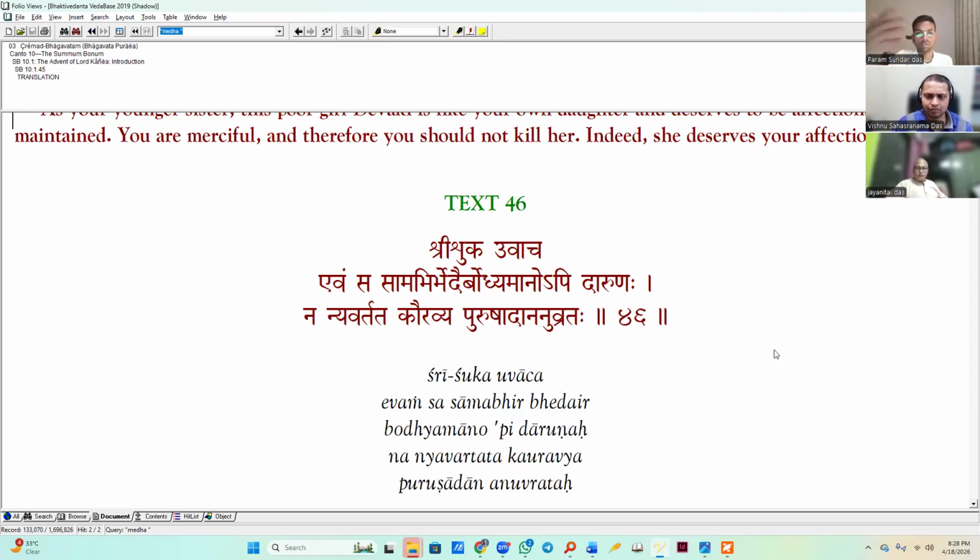Evam. So, in this way, Kansa was made aware. Bodhimana means he was made aware, he was told by Vasudev, of course. He was told through Samas and through Vedas, through the logics of Sama, Dama, Danda, Bheda. So from them, two things, Sama and Bheda.